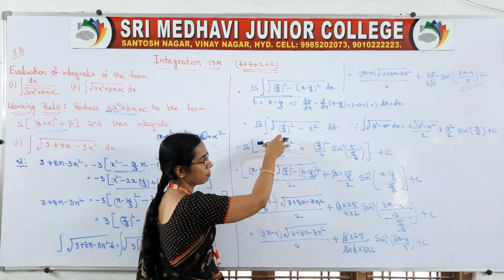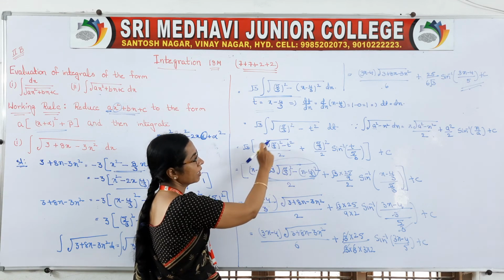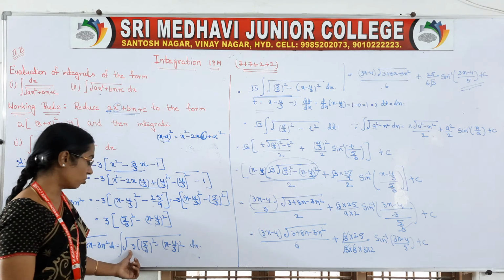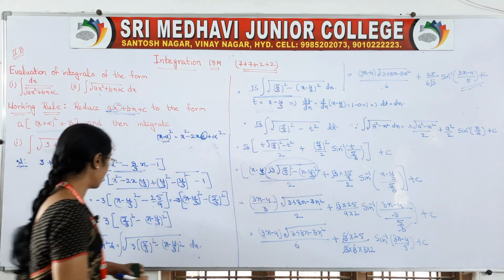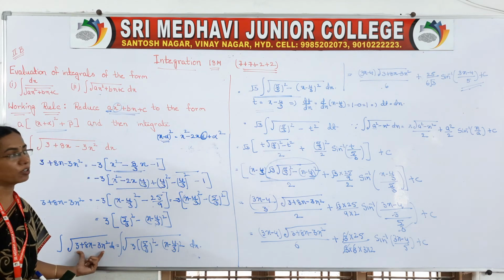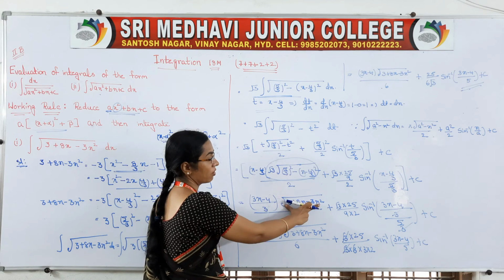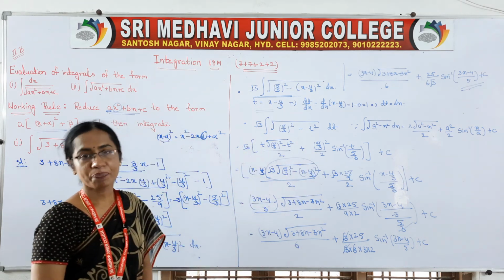That means root 3 will be multiplied with this as well as with this. While multiplying, t into root 3 into this, I have taken, because root 3 into this value is nothing but a root of this value. So in its place, next, instead of this we have taken this one and simplified. Finally you got your answer.